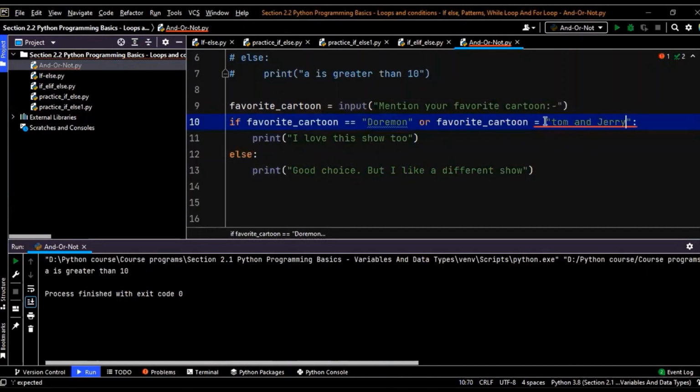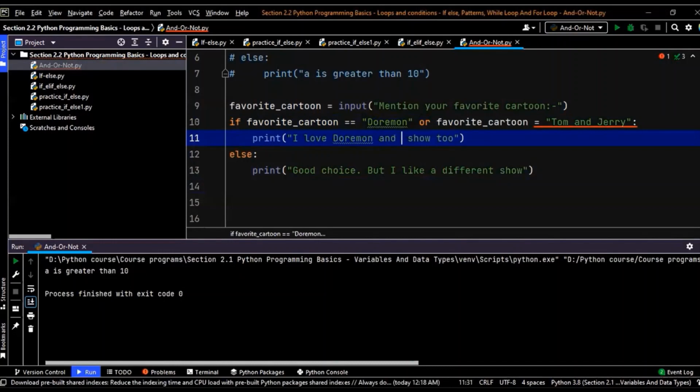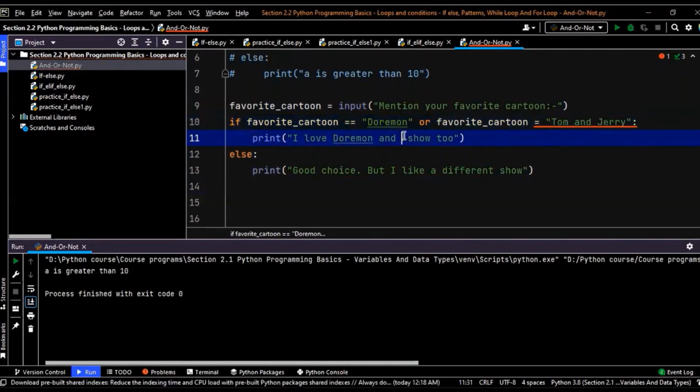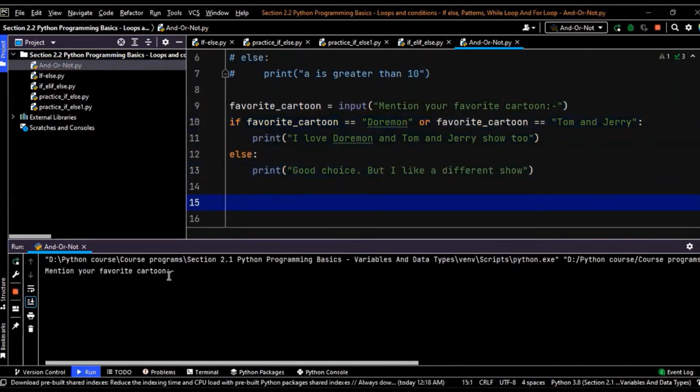Cool. If I write Tom and Jerry, so if the person comes and writes down either of them, I love this show too. Instead of them, I can write down I love Doraemon and Tom and Jerry show too. So you need a double equal to. All right. Now if I click on run, it is asking for one of the